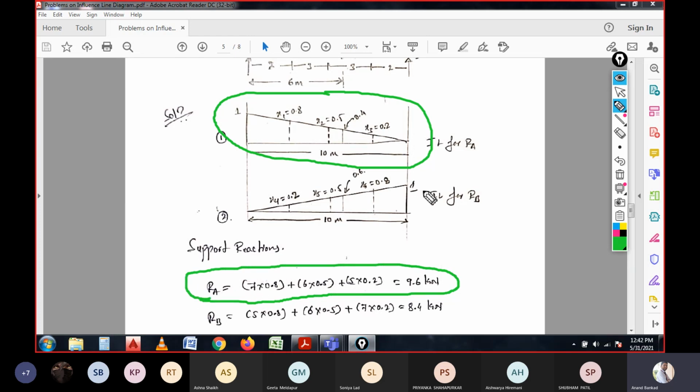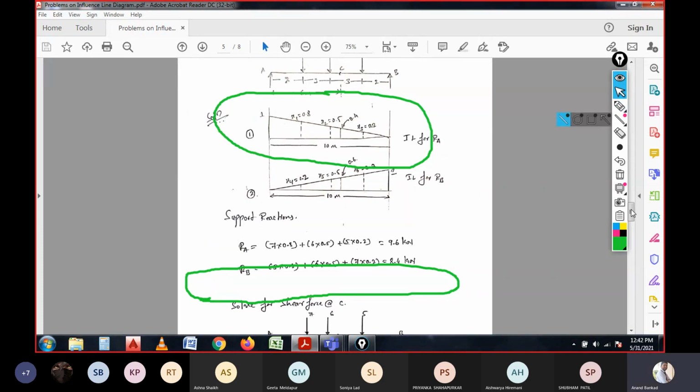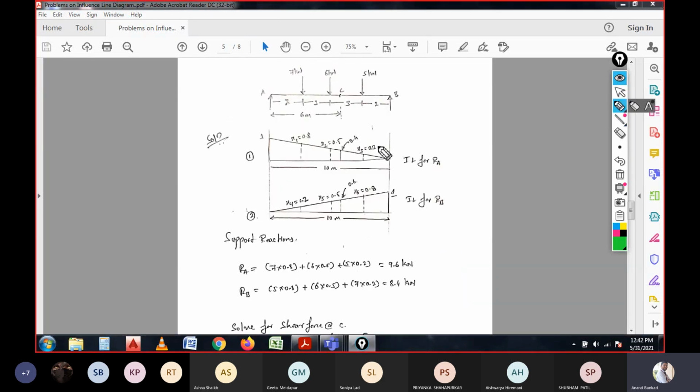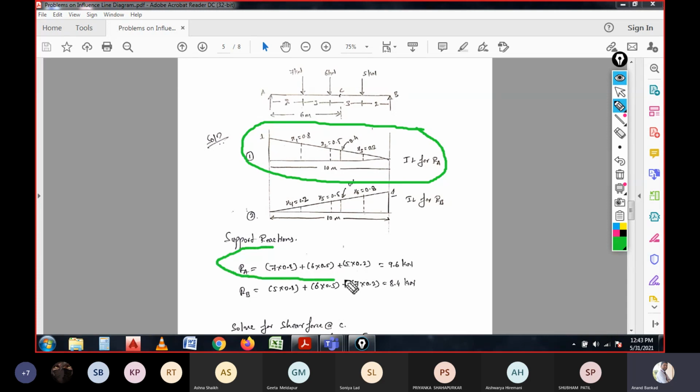So how is it written? Just see, again I would like to draw these two, because we need the diagram for the load. Okay. So this is the total diagram that needs to be considered for reaction at A, and this is the calculation we had